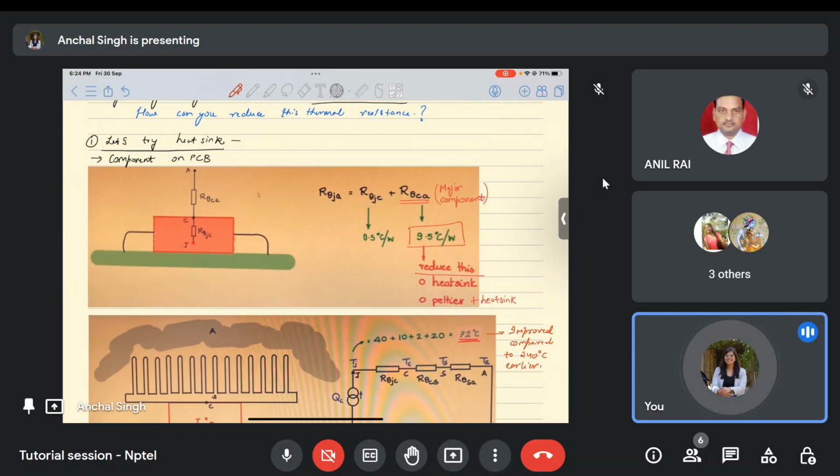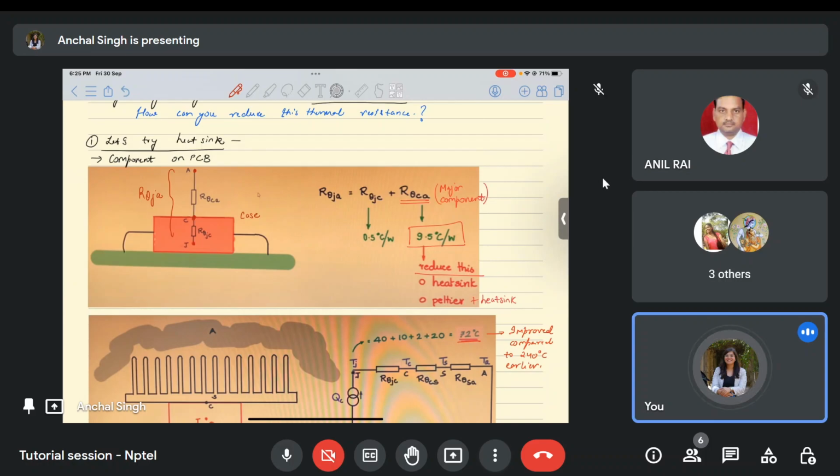Initially there were just two nodes, the J node and the A node. Now there are three nodes. We are breaking the resistance into three parts. This is junction. C represents the case of the IC, and A is the ambient again. So if I break my R theta JA into R theta JC and R theta CA, then what I'll observe is